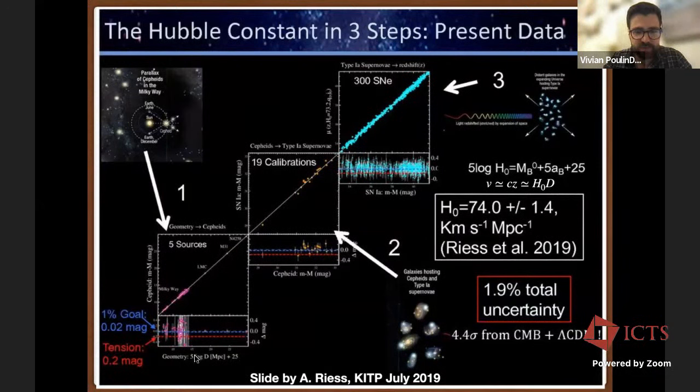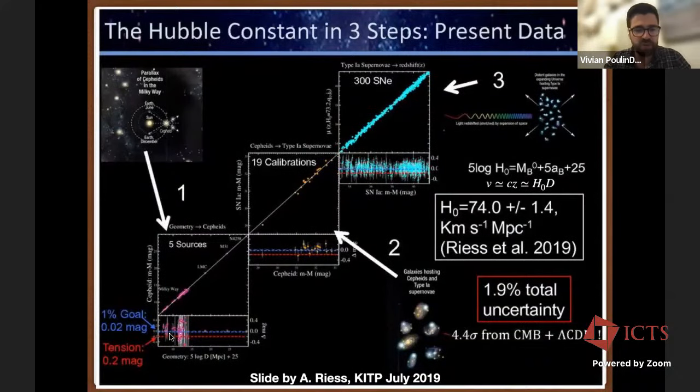And so if I know the distance to a Cepheid and I measure the period luminosity relation, I can calibrate that relation. Then I can find much further galaxies that are host to both supernovae and Cepheids. And from my calibrated Cepheid diagram, I can calibrate the supernovae magnitude. And then I can go much further away in the Hubble flow, and from calibrated supernovae, measure the Hubble parameter. So this is really the three-step measurement.